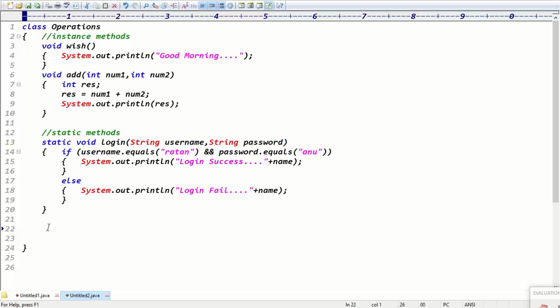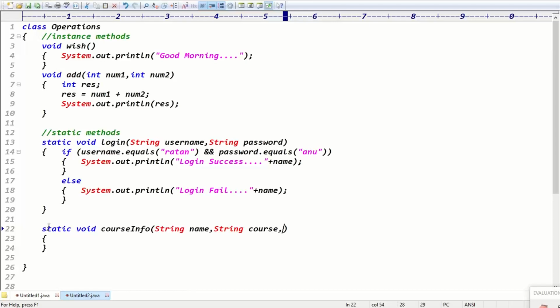Exactly. Guys, can I take one more static method here? Static void, for example, I want to take the course info method. Generally, you are inquiring about some course in some institute. You guys are inquiring about the course. Then tell me, guys, course info method, course inquiry, something like course duration and course fee, expecting the string name of the student, right? First of all, the name of the student, string course name.